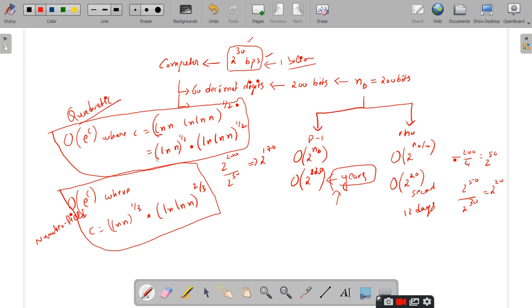As you can see, the complexity of quadratic sieve is power 1 by 2, whereas the complexity of the number field sieve is expressed as power 1 by 3. So if the denominator value is increasing, the overall value is going to decrease. Now tell me which one is efficient. Number field sieve, sir. Number field, right? So this is not going to be exponential. These two are going to end up with sub-exponential complexity. This is one of the advantages we have. Right? Clear?